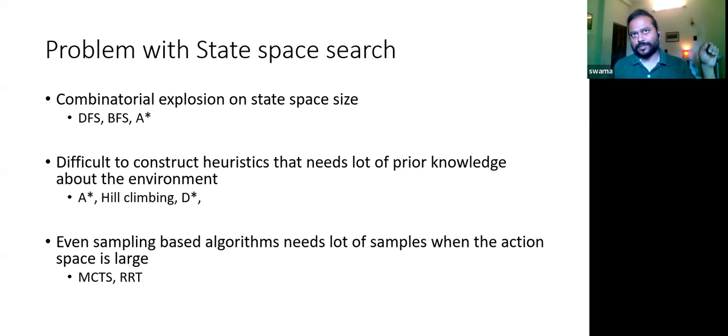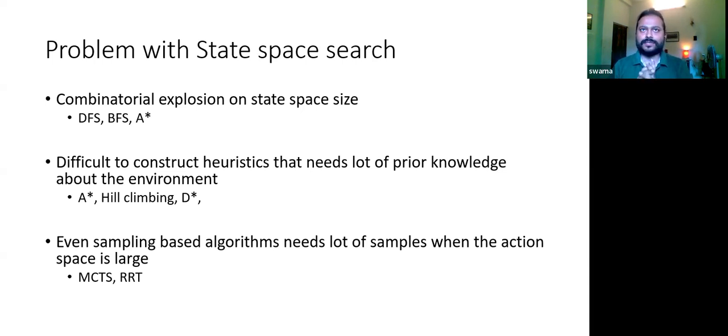Breadth first search searches in a horizontal manner. It's going to search through all sibling states, and once all states in a specific level are completed, it's going to go to the next level. Here also, let's say the action space is very large. If you move to a specific state and there are, say, 10,000 actions you can do, then you have to expand 10,000 nodes. So that's also going to be very problematic.